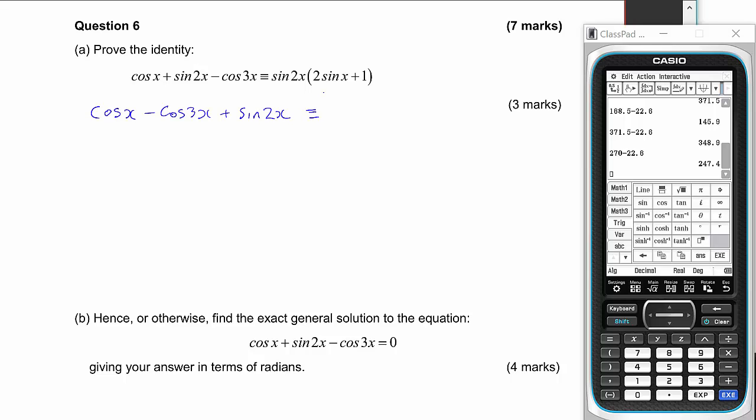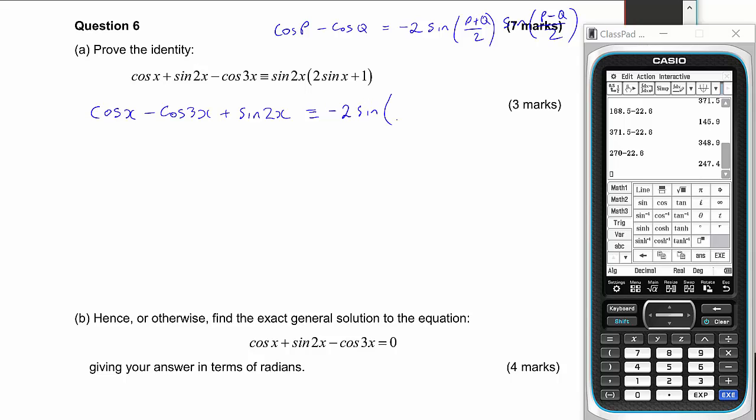So we know that cos P minus cos Q is -2 sine (P plus Q) over 2 sine (P minus Q) over 2. So that's going to be -2